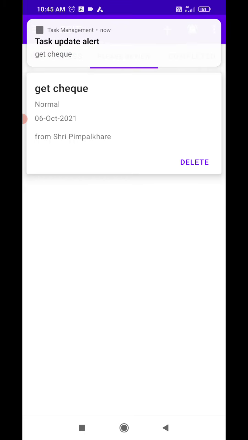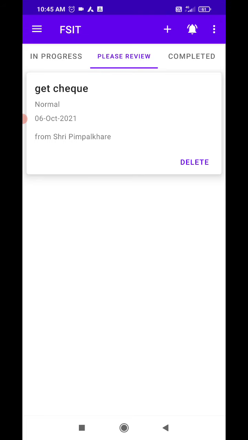So I am the single one who's operating right now, but even if another person does it, it will automatically go, because this whole application works on the internet. The data itself is stored in the cloud. So because of that, everybody is looking at the same data basically, though it is running from your mobile.